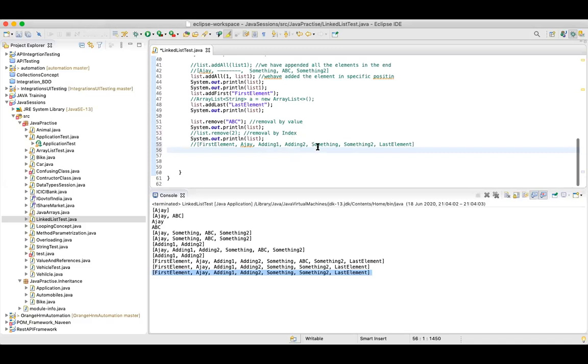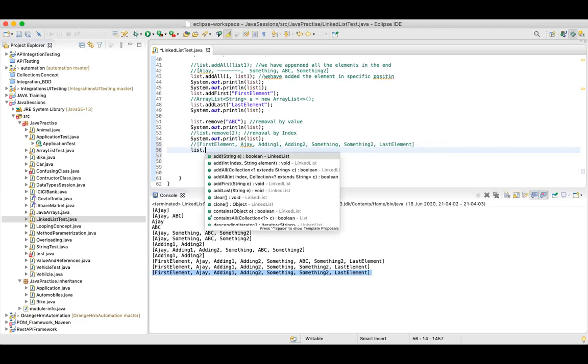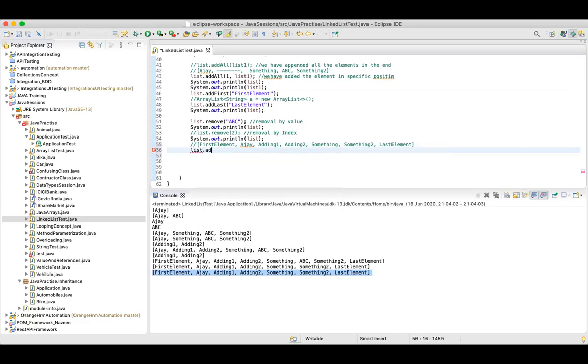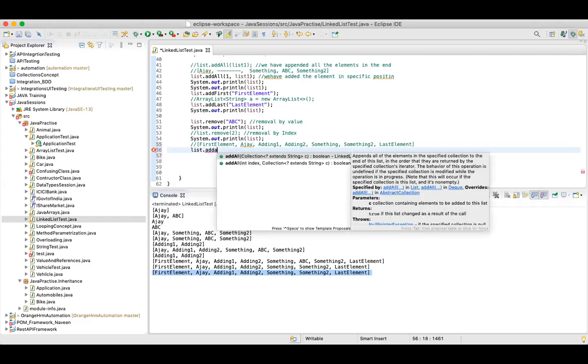Now, in this final list, if you see adding 1 and adding 2, these two elements were actually added from list 1. So if you want to remove the elements which were added in this list from list 1, what you can do is simply say list dot remove, in the way we had the addAll method.